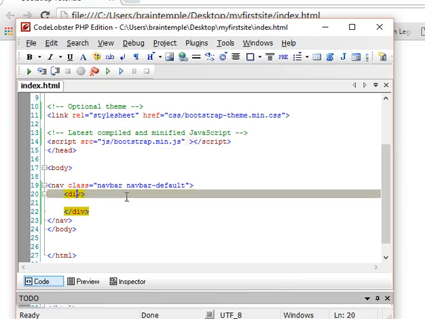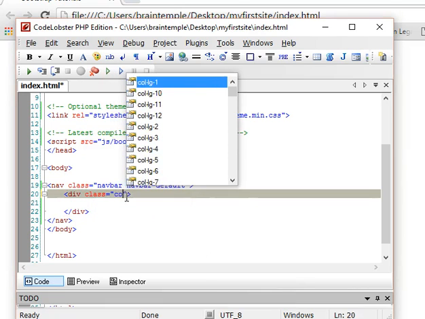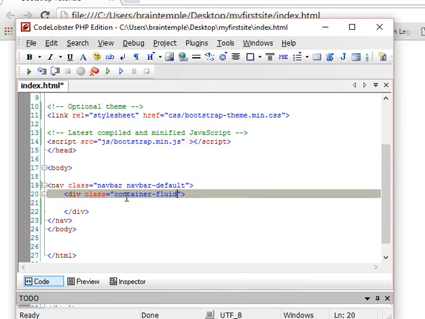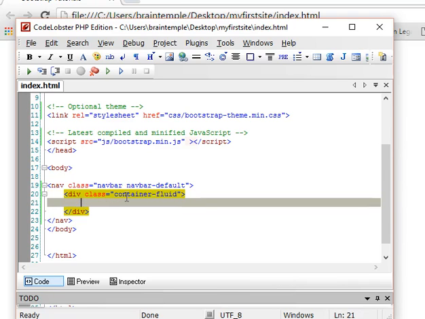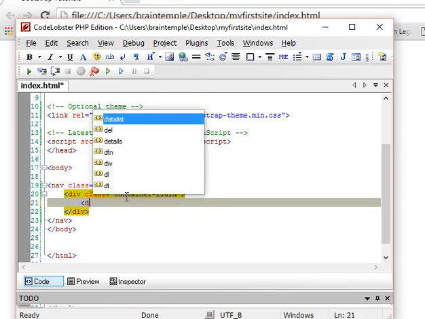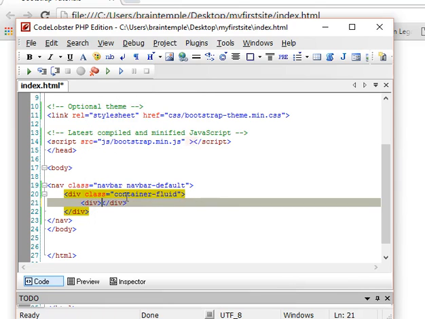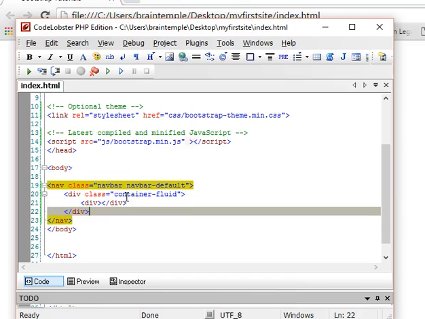We'll go back and say, class. Everything in Bootstrap is inside class. We call it container fluid. You don't need to memorize this. Just get to the Bootstrap website, get to the components and type nav bar. You see the sample code there. Copy it and paste. Then you have your top view. But it's important that you understand how it works, which is why I'm making this tutorial,